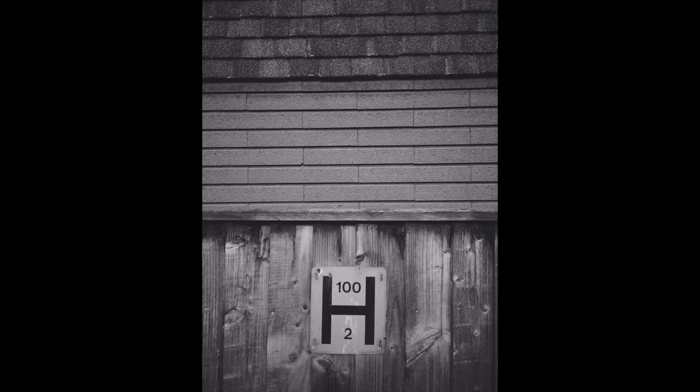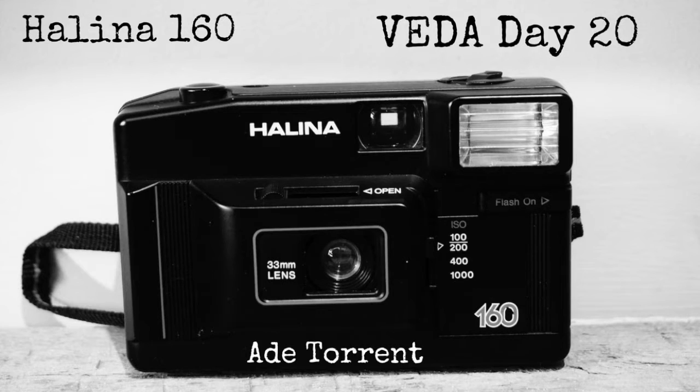And because the batteries are for the flash alone, and winding and rewinding are manual as I said before, they last longer than other similar cameras. And when the batteries die, you can carry on